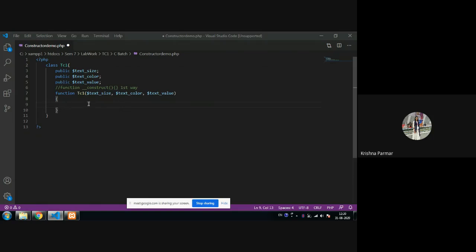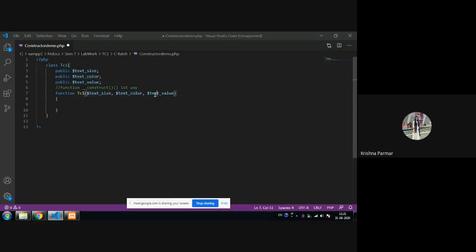So whenever an object is created and users give the values, they are passed here, here, and here. Now these variables are called local variables, right? As we discussed in the previous lab session, variables created in a method are called local variables. And these are the class variables, or we can say properties.